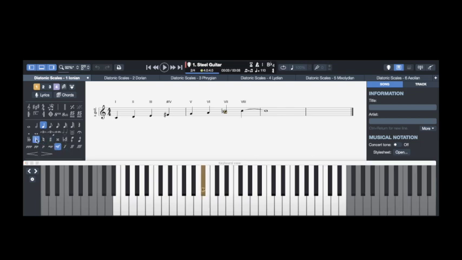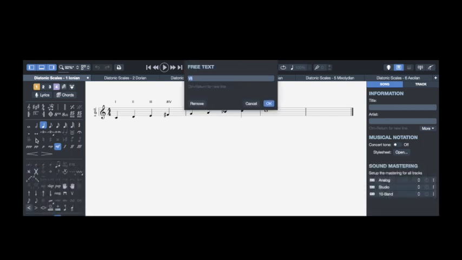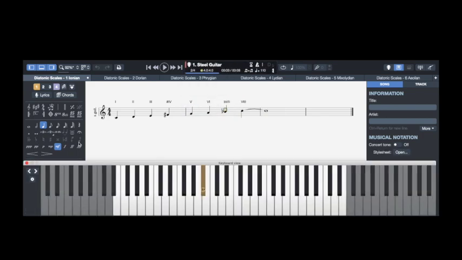So we get a minor seventh. So we also change the code, like that, and it sounds like this, as opposed to